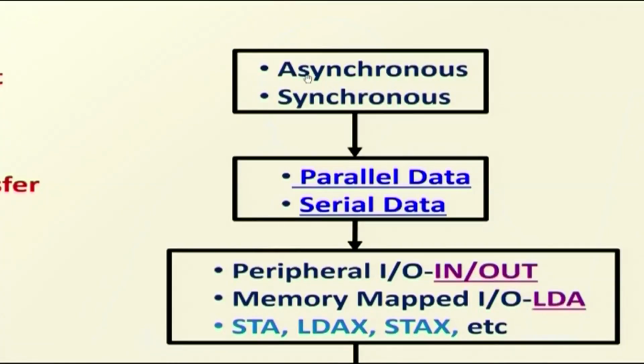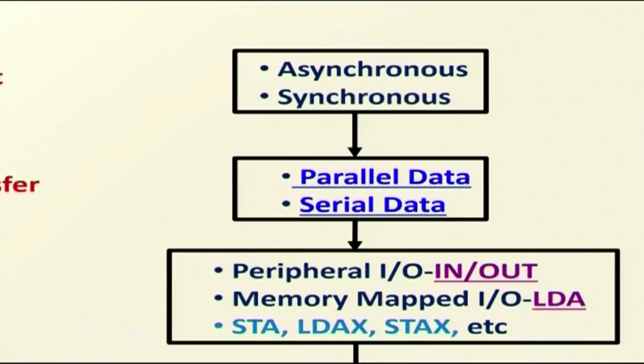The other one is asynchronous data transfer. In asynchronous data transfer, the receiver and transmitter are operated with different clock pulses, that is, they are interfaced at irregular intervals. The microprocessor and peripherals are operating with different clock pulses. This kind of asynchronous data transmission is used for slow data transmissions. Generally the microprocessor performs asynchronous data transmission. This is the transmission format, either synchronous or asynchronous.